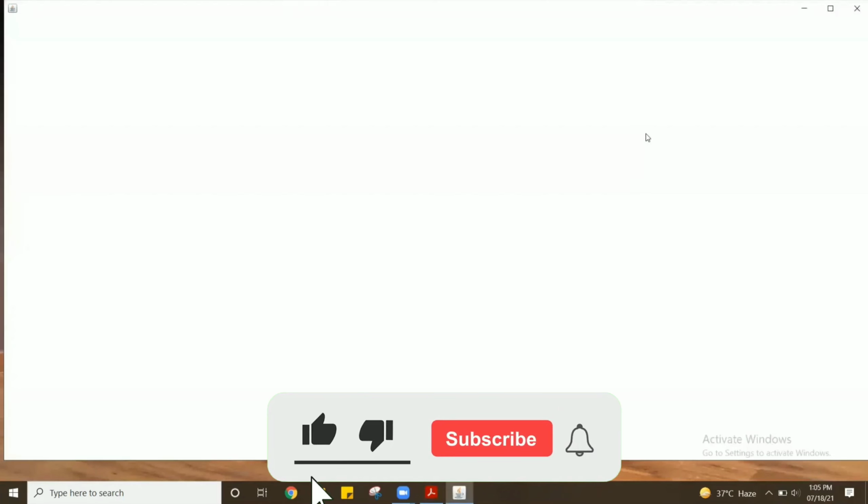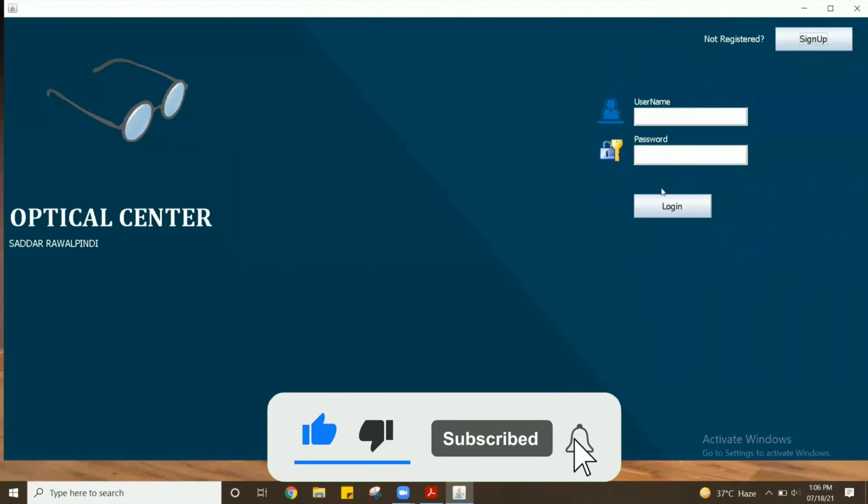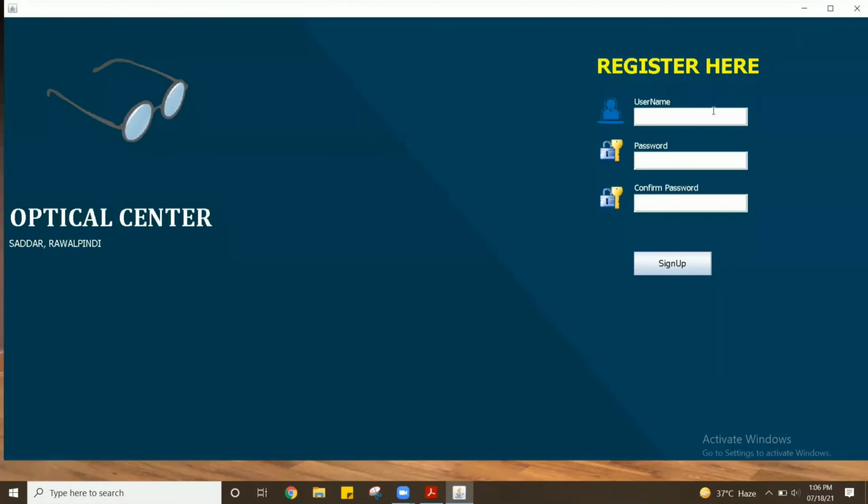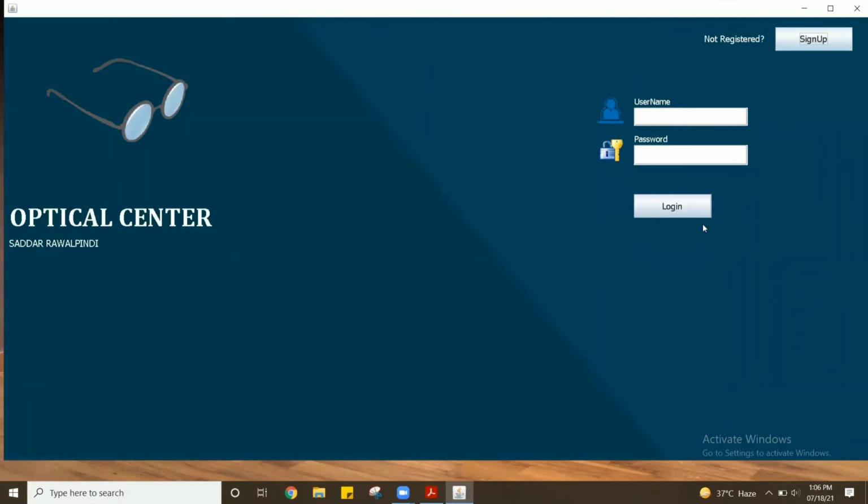This is the software. This is the sign up and sign in procedure. If the user is not already registered, just go and sign up and give a valid username which is not already registered, for example user8, and a password. These two passwords should match and they should be at least 8 characters long. Sign up. Now let's sign in with the same user or any other already registered user. You can sign in. This is just for security purposes.